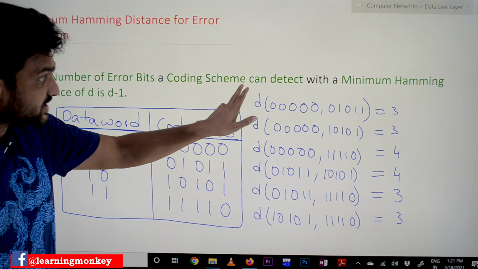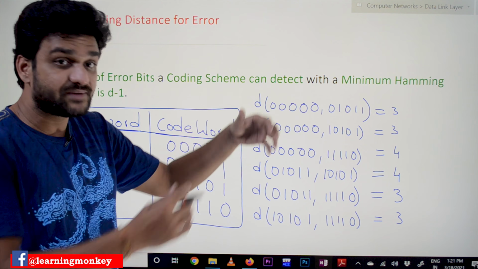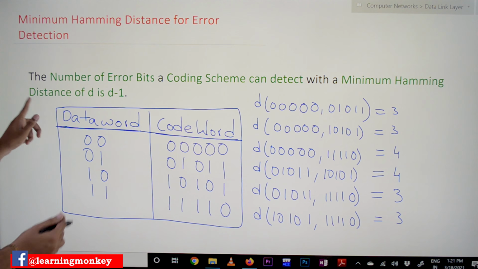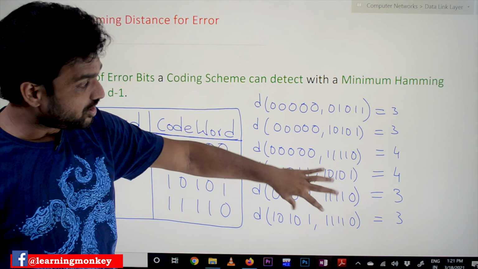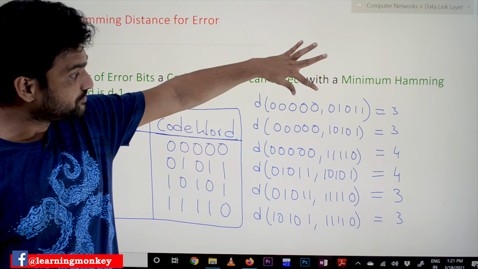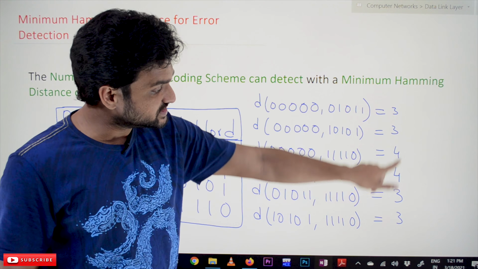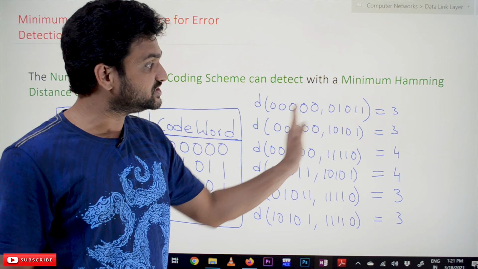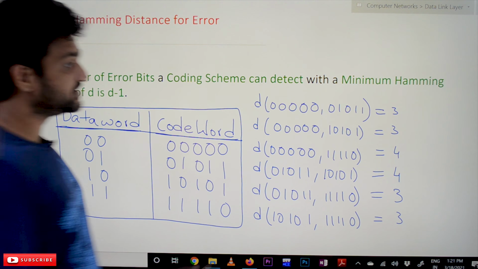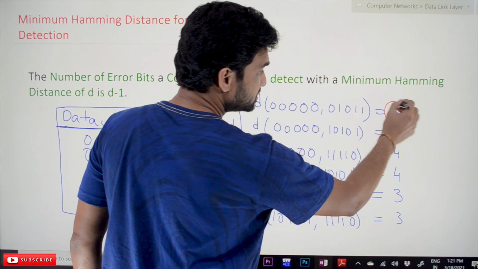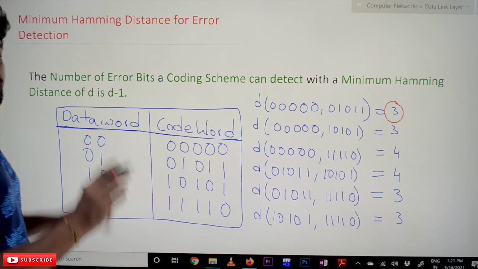With this coding scheme, for any coding scheme, we can detect errors based on the minimum Hamming distance d. So these are all the possible combinations of these code words, and these are the Hamming distances of each and every combination. And what is the minimum Hamming distance among those? The minimum Hamming distance is 3. So the minimum Hamming distance of this entire coding scheme is 3.